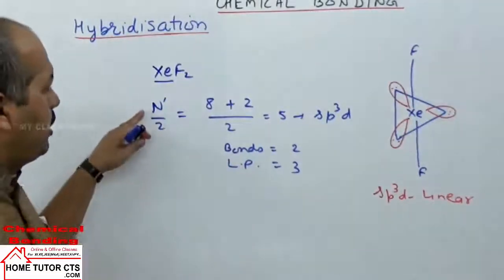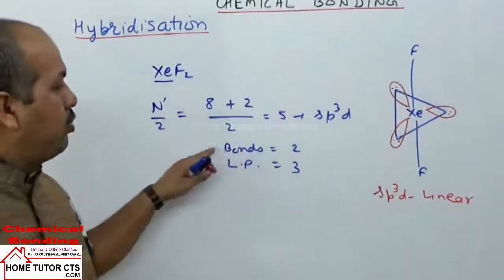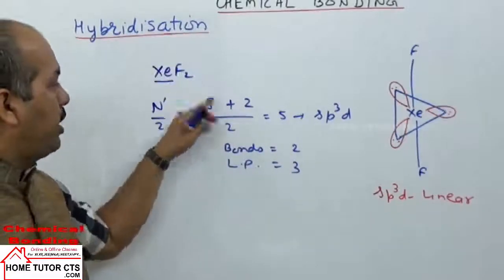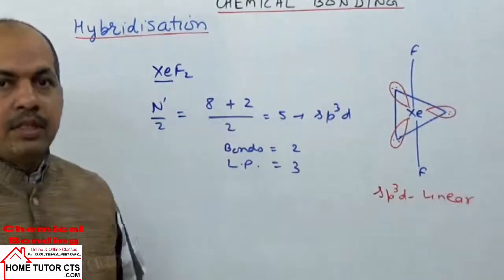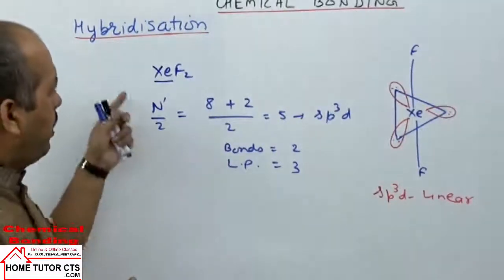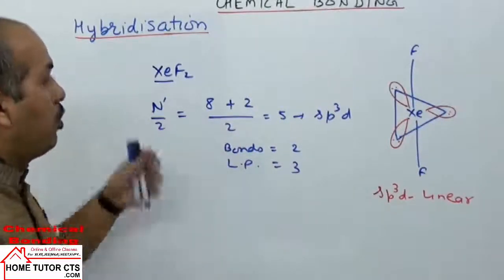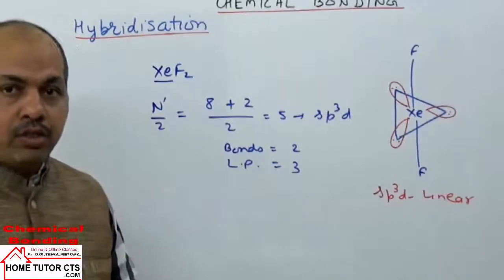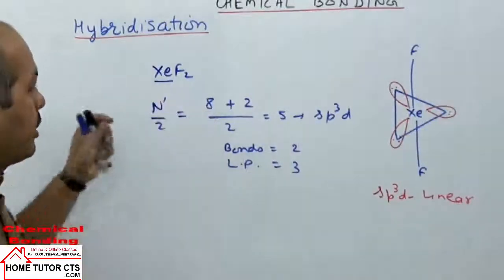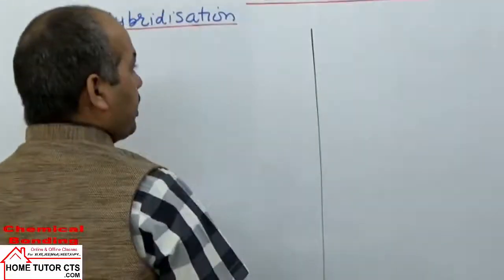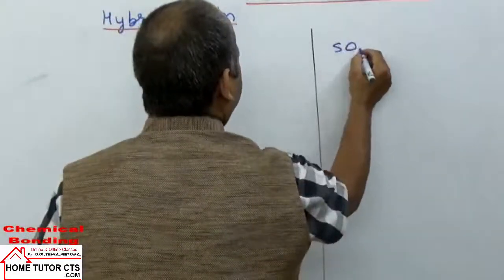This value you can find it is same as n by 2 also. It is same as n by 2 as well. If we have two bond pairs, as we have two fluorine atoms, and then 3 will be the lone pairs. So if the molecule doesn't have multiple bonds, this method n by 2 is well applicable. Now let us take a case where the molecules can have double bonds, pi bonds, or they can have also triple bonds. So let us take the next example taken here. Now if I take next example taken here, molecule taken, let's say sulfur dioxide.